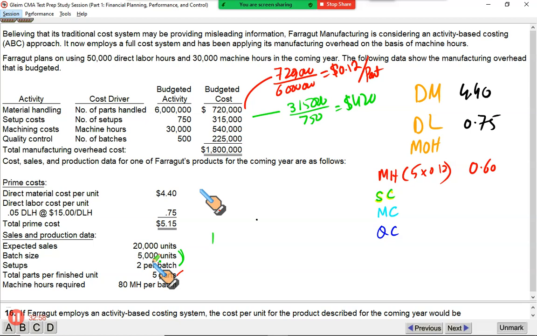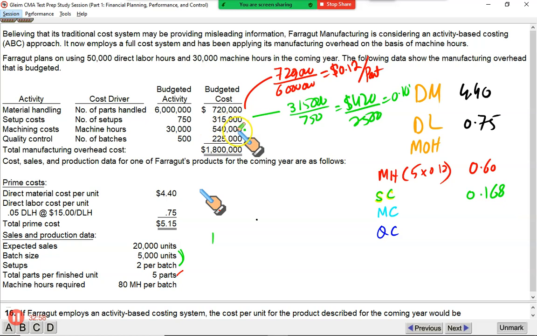Imran, see, 5,000 units are in one batch, right? And for one batch, you have to make 2 setups. And each setup must be for 2,500 units. Which means, if $420 is the setup cost on 2,500 units, so it's going to be, I'm just going to write it here, 420, just a single number, 0.168. Right? So absolutely, Imran got it right. So it means there are 2,500 units in each setup and setup cost is 0.168.